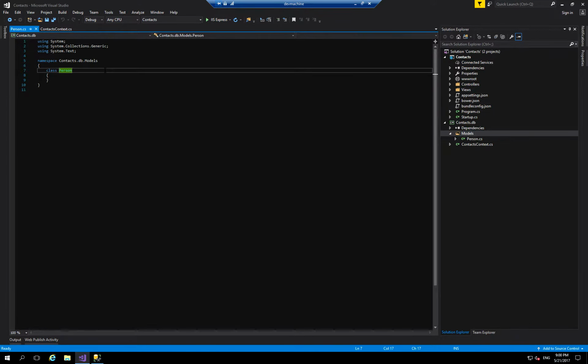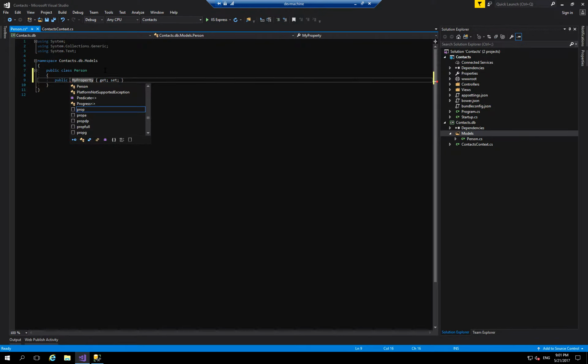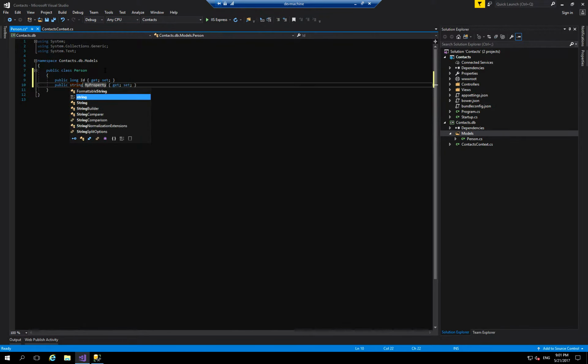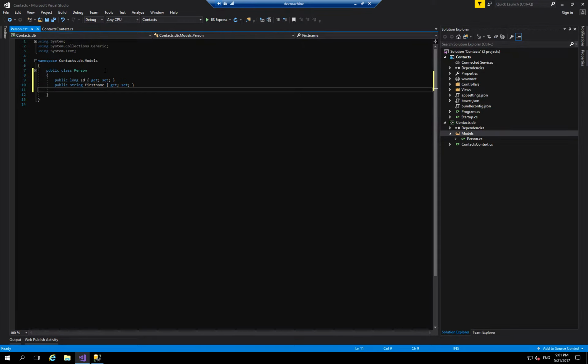In this Person class, we're going to want to define a set of properties that are going to be populated from a database, and then we're going to be able to use them to actually render the information on the screen. So we're going to create a property called ID, and it's actually going to be a long, which equals a bigint, and then we're going to call it ID with a property getter and setter. We're going to then create the other properties. So string for first name, property string last name,